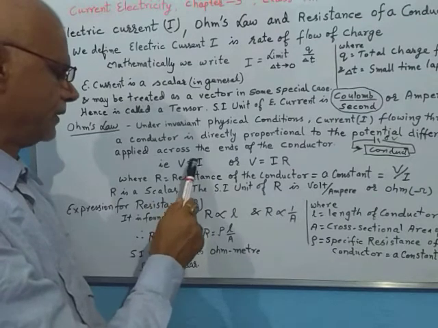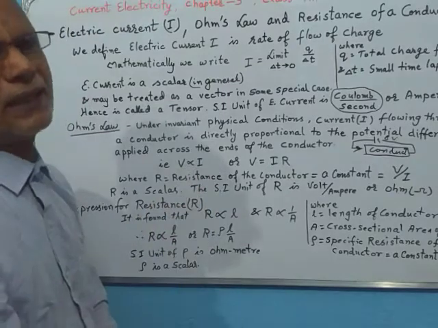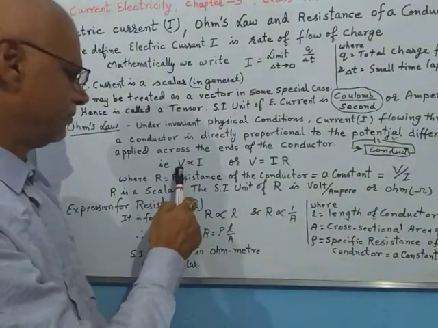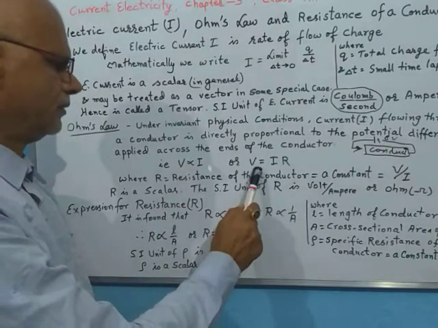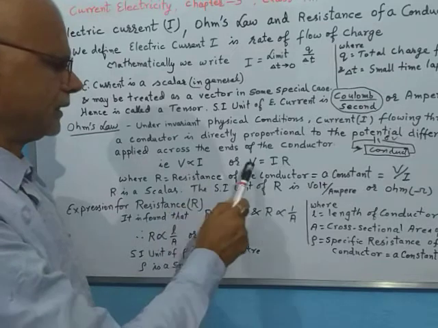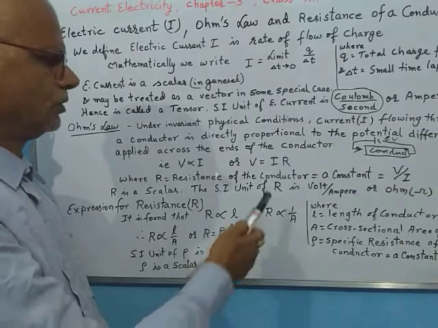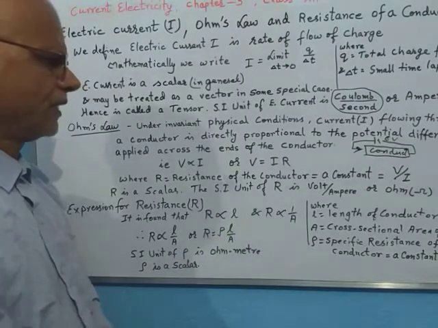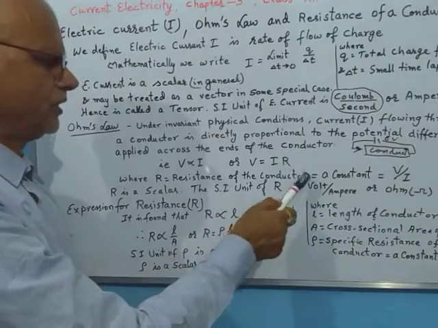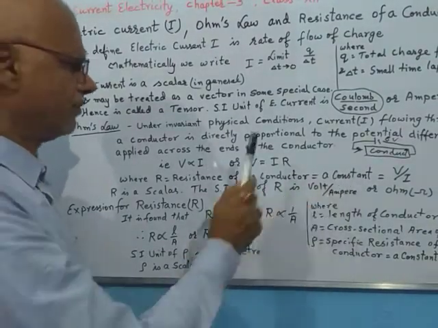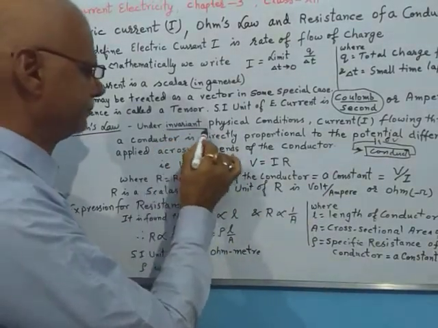So it should have been written rather I is proportional to V, but either way we can write, and it is not wrong if we reverse the order and write that potential difference is proportional to the current flowing. And when we remove this proportionality sign, we have V is equal to IR, R is a constant, and this is known as resistance of the conductor, and this value R you can see is equal to V upon I. So resistance of a conductor is always constant provided the physical conditions are invariant.